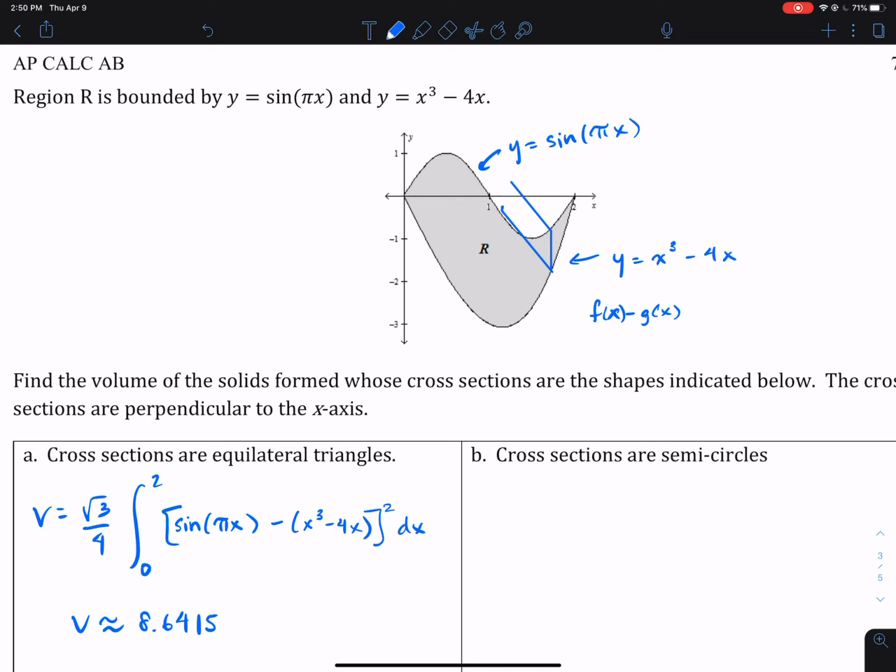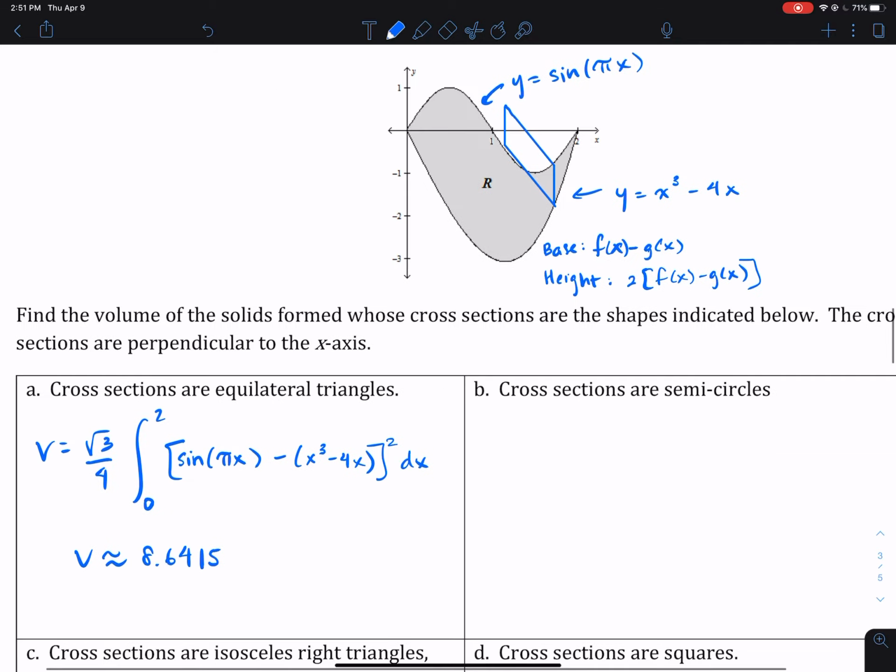So something like this, right? Right, so your cross-section height is twice as long as the base. So this is my base, and my height would be twice as long,